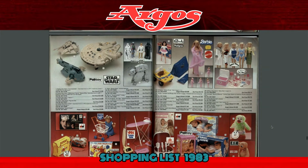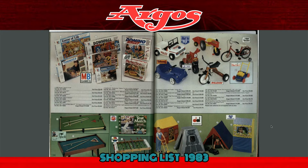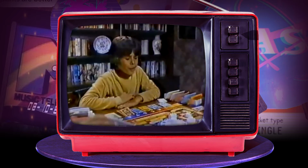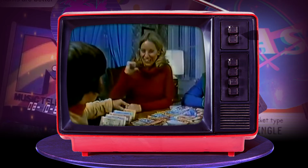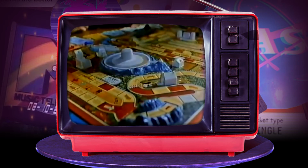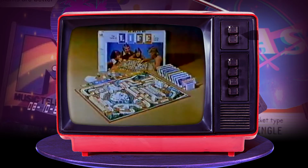Right, so what have we got? Pac-Man game, board game. Let's have a game this time. Game of Life. Oh, that was a classic around my grandparents' house. All right, buy insurance. Decisions. Oh, pay me. Lower your salary, please. There's a game called Life that's really worth living. You and your family have got to play it. The Game of Life from Milton Bradley. I'm tempted to get that, but...